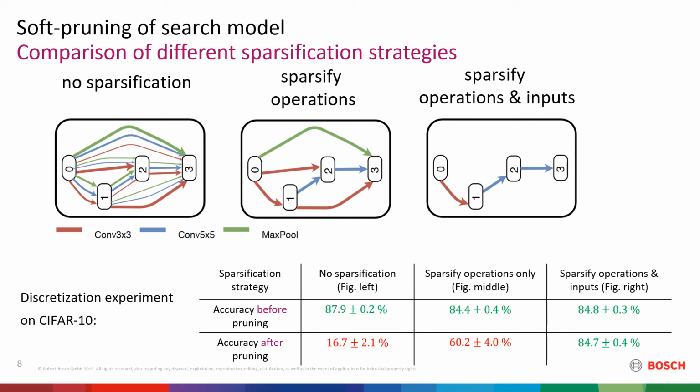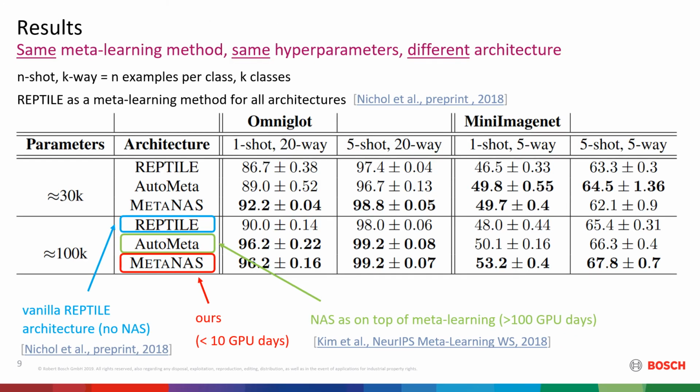any drop in performance. In the first, very controlled experiment, we compare discovered architectures by our method to the original Reptile architecture as well as architectures found by Autometa, which is running neural architecture search on top of meta-learning. Our method yields competitive or better results on standard few-shot learning image classification problems, whilst also being more than 10 times more efficient than Autometa.